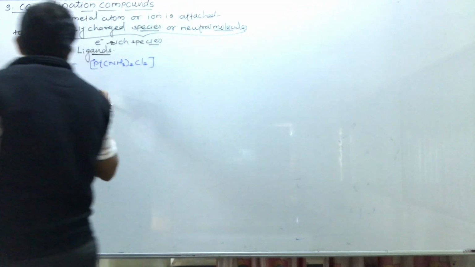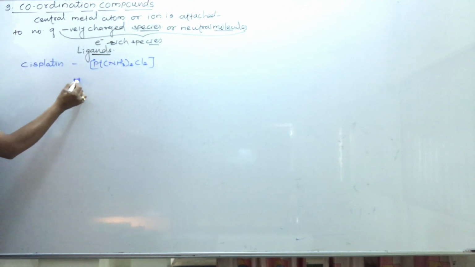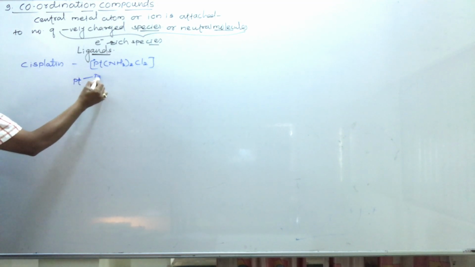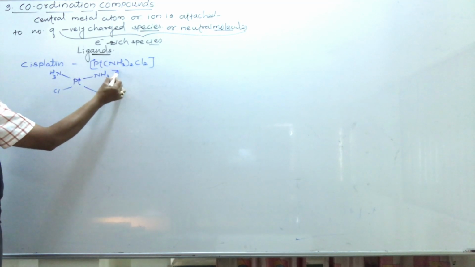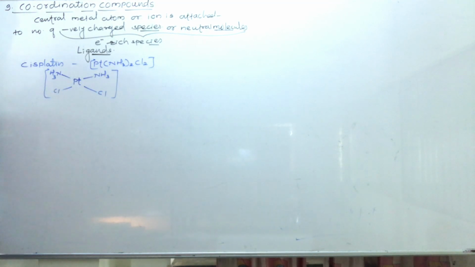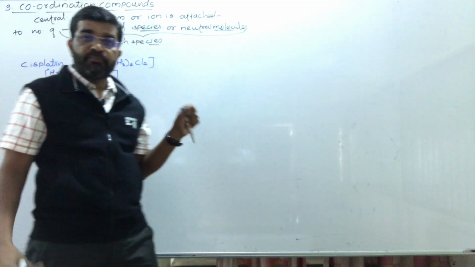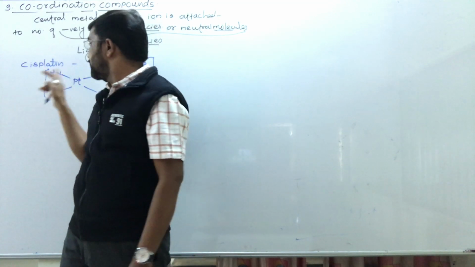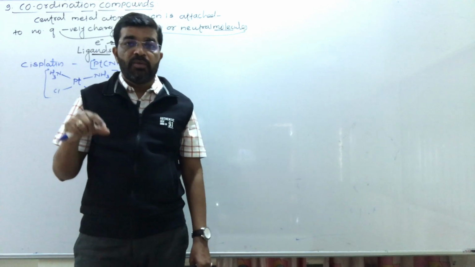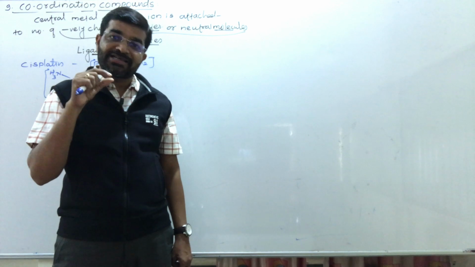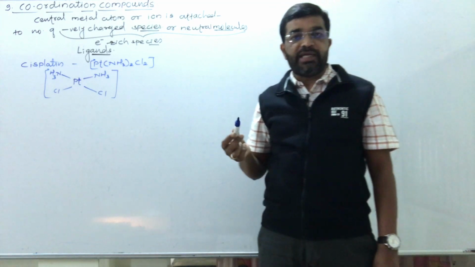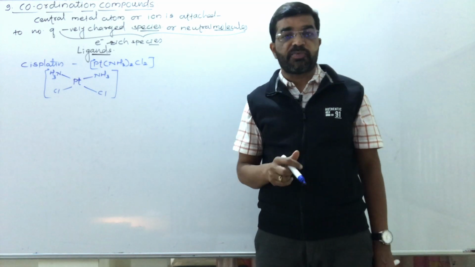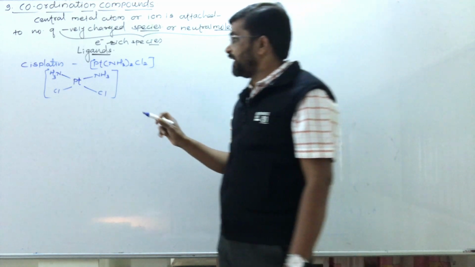So what happens in this cisplatin? Platinum is attached to 2 moles of ammonia and 2 chlorine atoms. This is a coordination compound. That is the structure of the coordination compound cisplatin. These 2 ammonia molecules are present on the same side, therefore it is the cis isomer. Later we will study about the isomers of coordination compounds, but it is the structure of cisplatin.